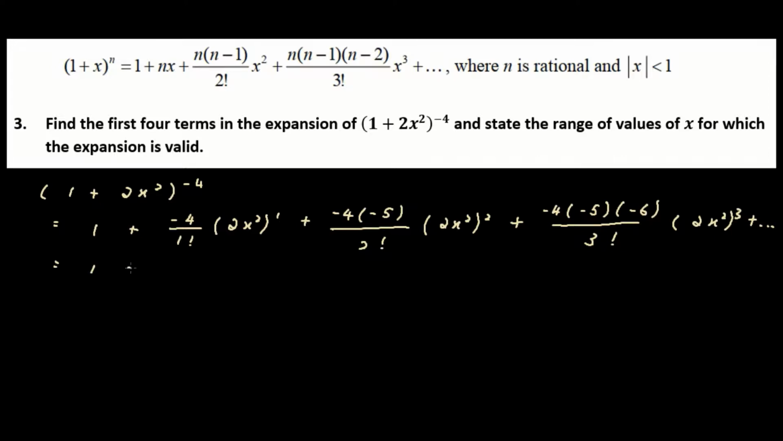Get 1 minus 8x squared, 20, so 10, and you get 40x to the power of 4. Minus 3, so you have 4, 5, 20, 120 divided by 6, 2, so 160x to the power of 6, plus so on. Alright, so this will be your answer. You can see this is an alternate sign as well. So same thing, the expansion is valid